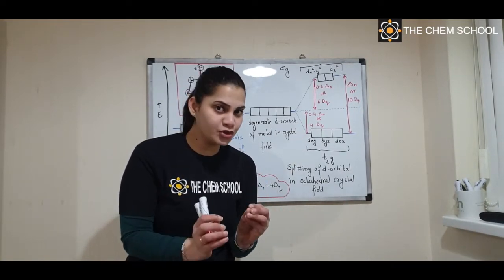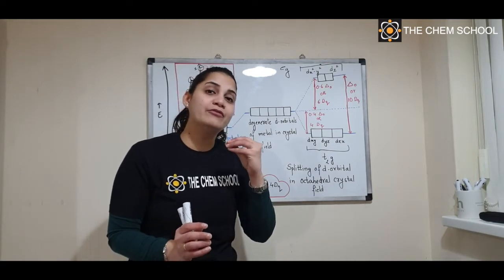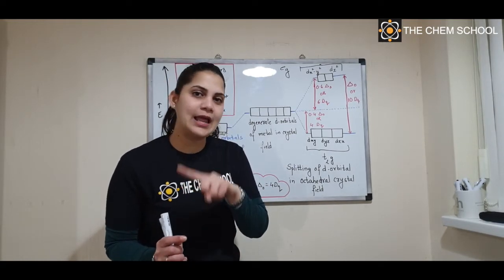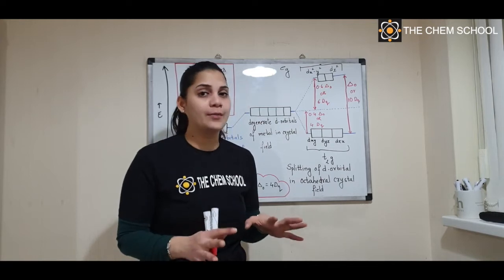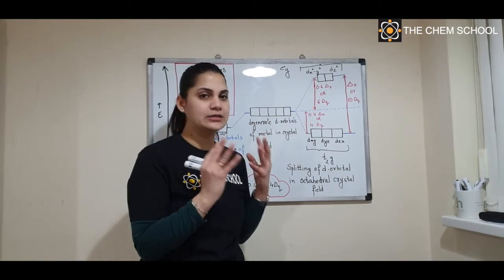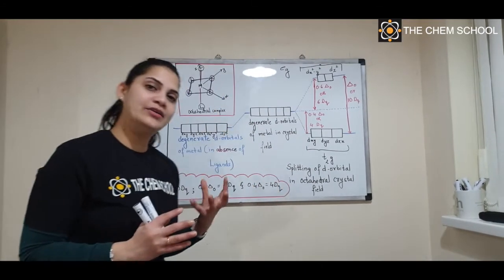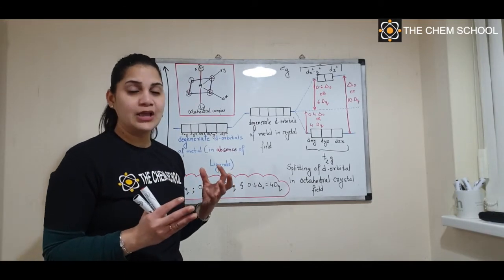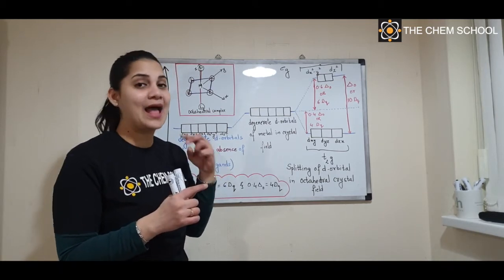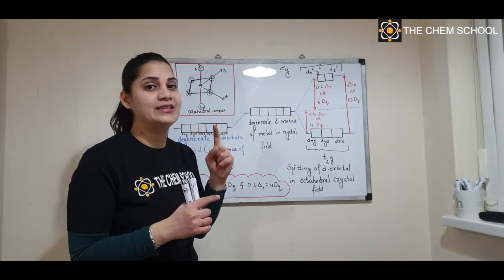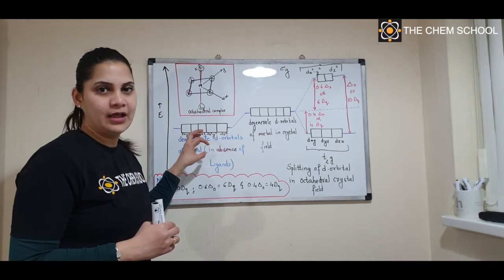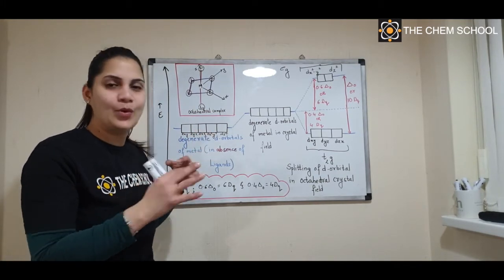The next question you need to ask is which complex splitting we are going to talk about. We could talk about splitting in two complexes, octahedral and tetrahedral. Today we are talking about splitting of d orbitals in octahedral complexes only. So let's understand this completely. In octahedral complexes, you have the first 3 d orbitals, that is dxy, dyz, dxz, in the same plane, and the other two, dx square minus y square and dz square, which are axial to the central metal. Initially, all the d orbitals are degenerate, having the same energy when there was no ligand in their vicinity.